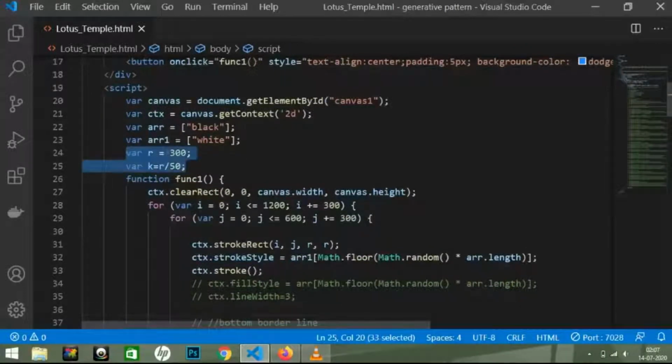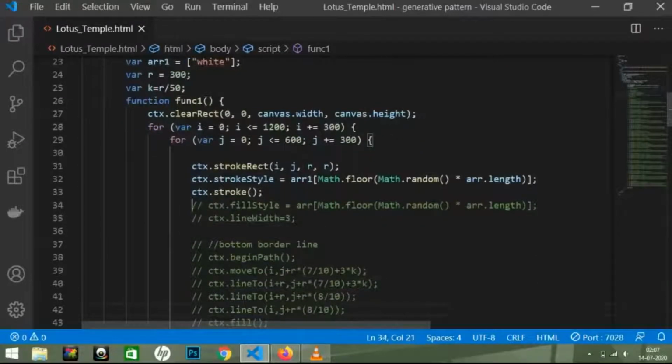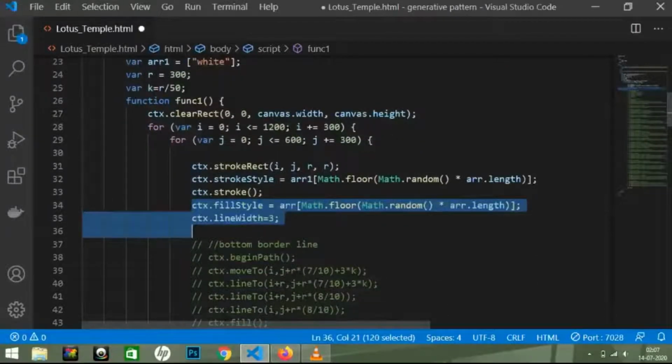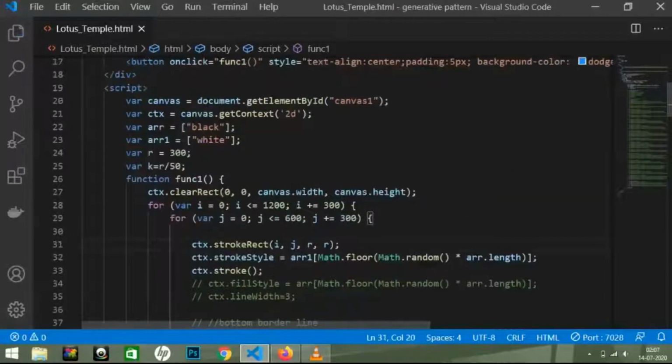Inside the JS code, I have created the context object of the canvas and declared and defined two variables, R and K. The variable R is used to deal with the points horizontally and vertically throughout the canvas, and K is used to deal with the points within a particular block of canvas. Now we know which variable is used for what. Now the time is to move toward the main part of the code.